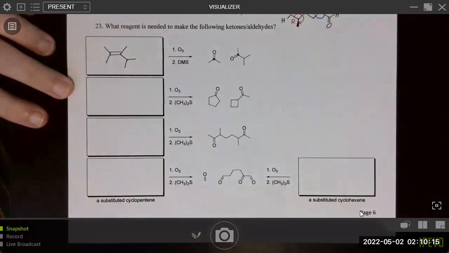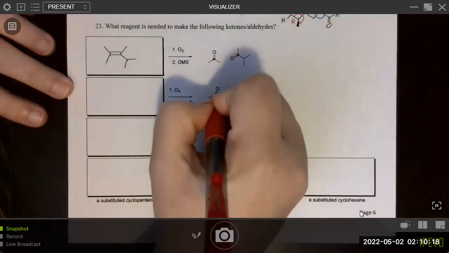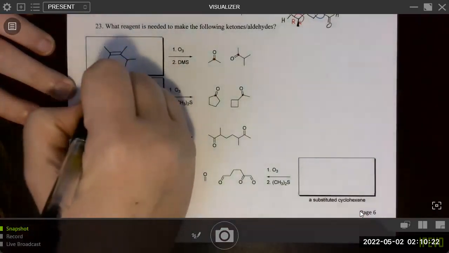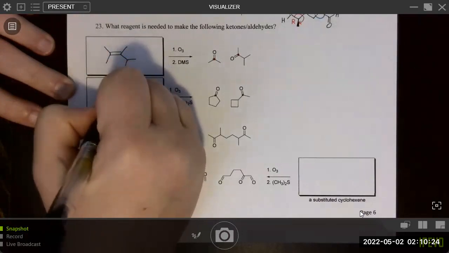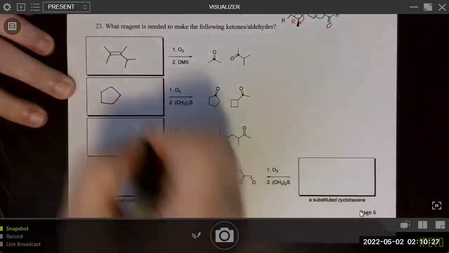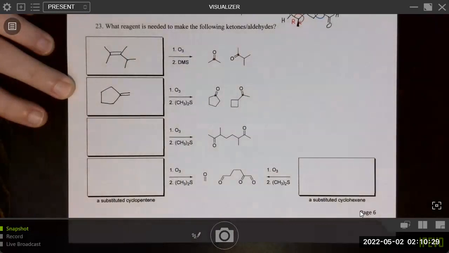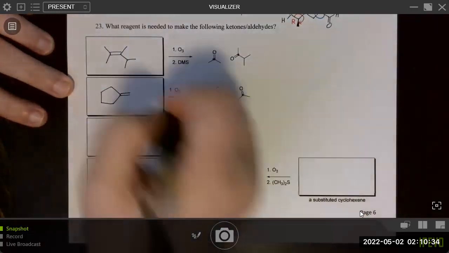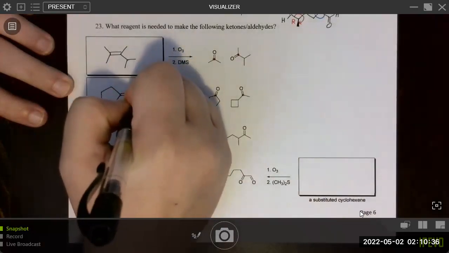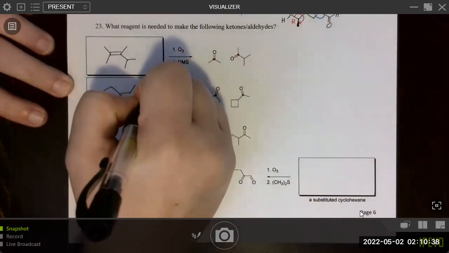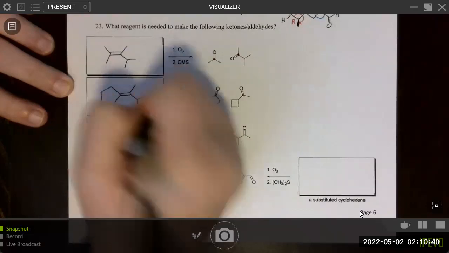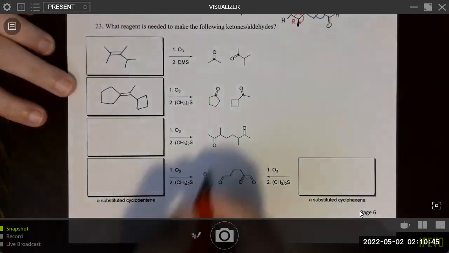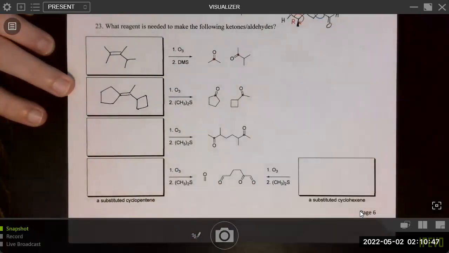All right, next, same idea. Just connect these 2 together. We can start with the 5-membered ring, double bond. It's going to be connected to this carbon, which has a methyl and a bond to a cyclobutyl. And then same idea here. Zip those 2 together in a double bond.